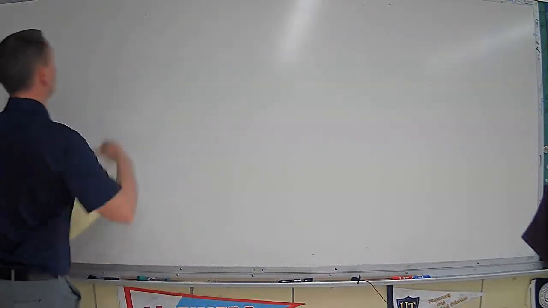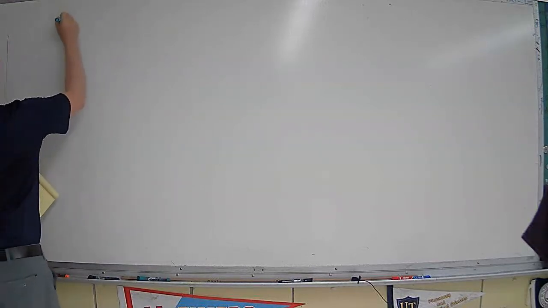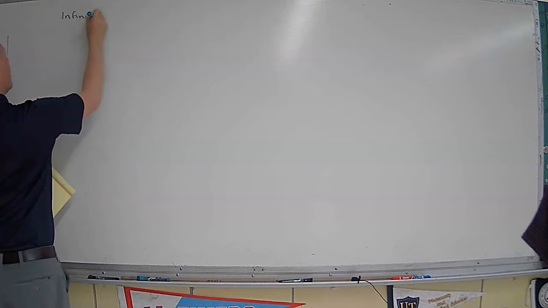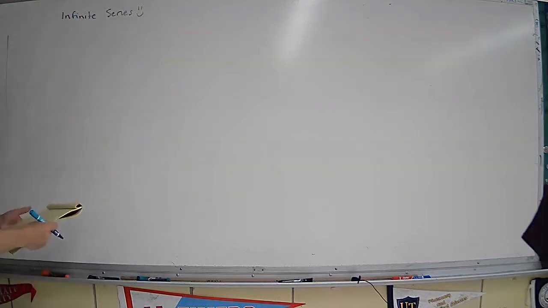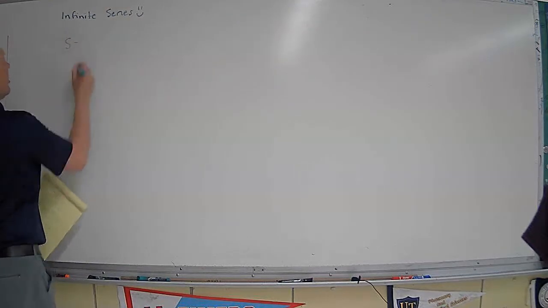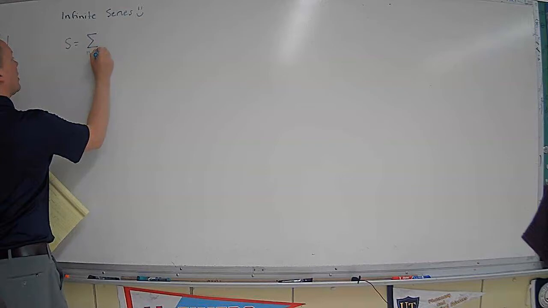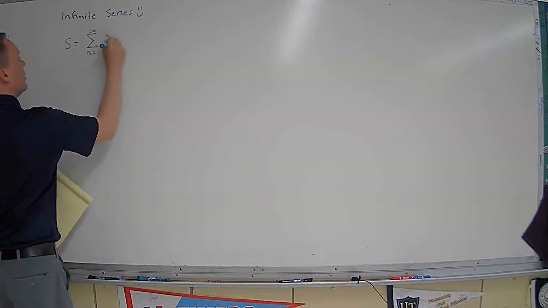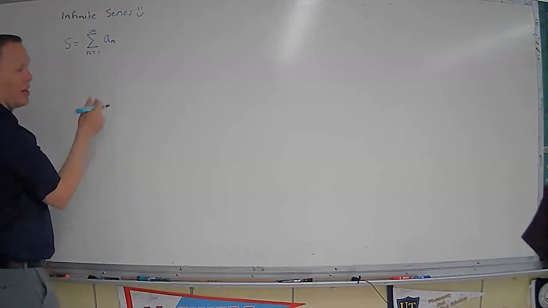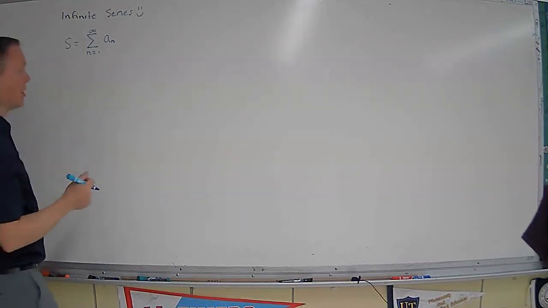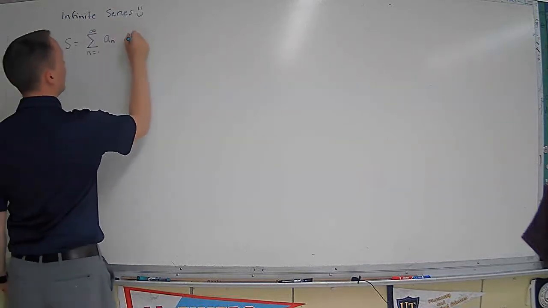So an infinite series is something that looks like this. Often we refer to them as an S. So it's a summation. Normally they start at n equals 1 or n equals 0, but not always. From 1 to infinity, or wherever your starting value is to infinity. And basically it's just